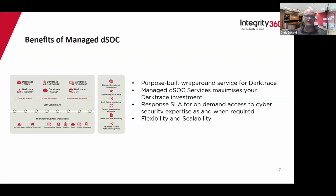But beyond these, we also have a solution that integrates with the broader MDR services on offer from Integrity 360, which cover many cybersecurity streams and technologies. For example, Fortinet and related services to that as well, pen testing and so on and so forth. So we have a lot of flexibility in what we offer and scalability in terms of how you grow as an organization. As your cyber maturity increases and your security posture improves, we can offer services to match that level. And that ties in very well with the next point about achieving